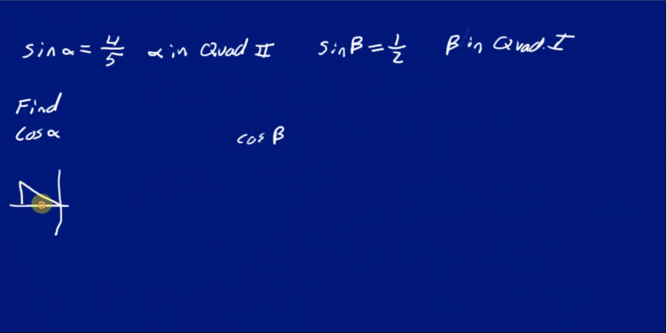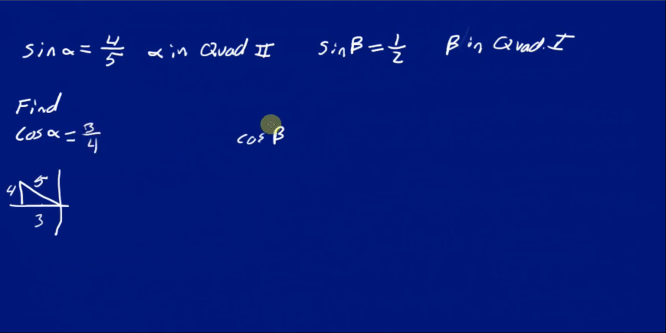So my reference angle here for my alpha. We are given the sine of this angle is 4/5. So we know that the sine is the opposite over the hypotenuse. So that's going to be 4 here and a 5 here. By Pythagorean theorem, that is going to be 3. So the cosine of my alpha is going to be the adjacent over the hypotenuse, which is going to be